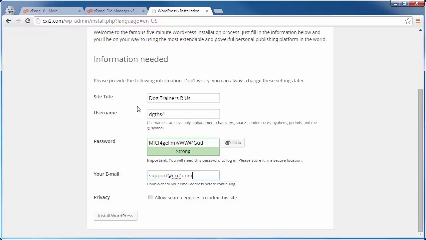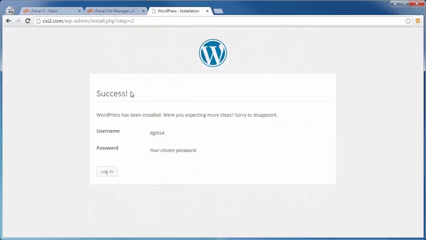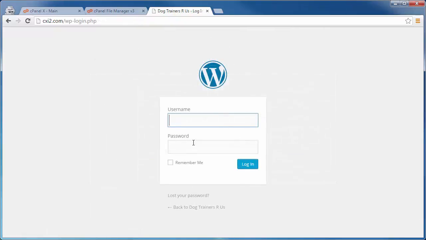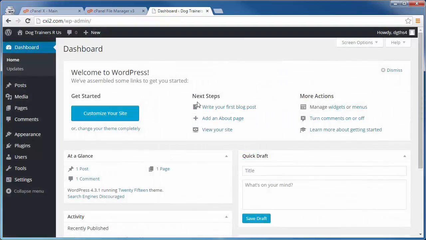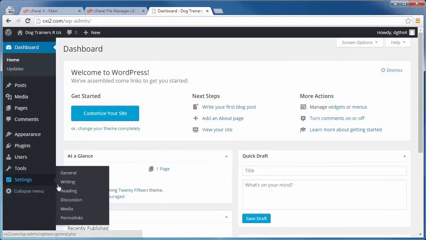Then once you get all the blanks filled in and your username and your password copied, click on Install WordPress and you get the success message. Yay! Now then click on Login and enter the username and the password that you just copied to your text document. Then click on Login. And this is our dashboard area for the admin area. Now then we come on down here to Settings. Now basically we're done at this point, but if we come on down here to Settings and go to Reading,